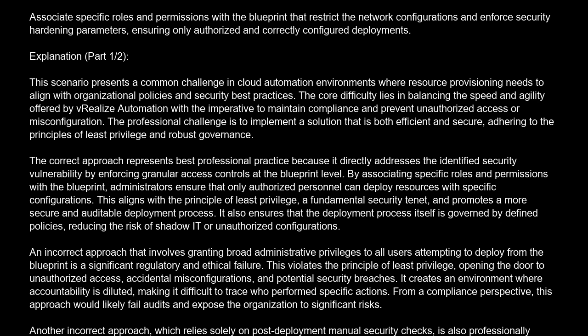The professional challenge is to implement a solution that is both efficient and secure, adhering to the principles of least privilege and robust governance. The correct approach represents best professional practice because it directly addresses the identified security vulnerability by enforcing granular access controls at the blueprint level. By associating specific roles and permissions with the blueprint, administrators ensure that only authorized personnel can deploy resources with specific configurations. This aligns with the principle of least privilege, a fundamental security tenet, and promotes a more secure and auditable